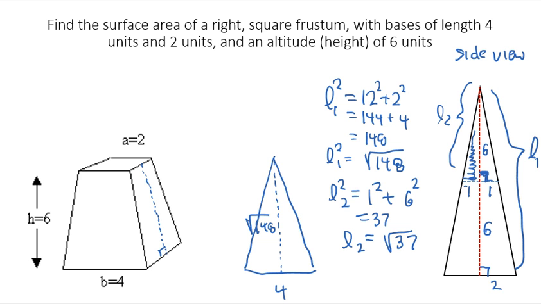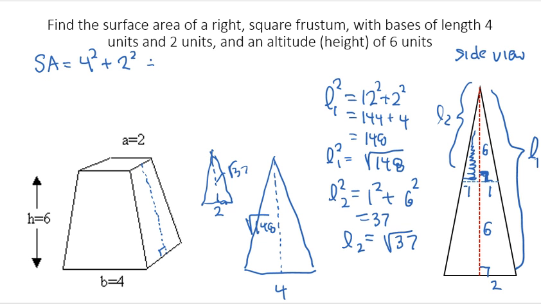Then I removed the top portions of those triangles, those little portions on the top. Not a very straight hand, but you get the idea. That top triangle we removed had a base of 2 and a height of the square root of 37. So the overall surface area is going to be the area of the bottom base, which is a square with side lengths 4, so 4 squared, plus the area of the top base, which is 2 squared,